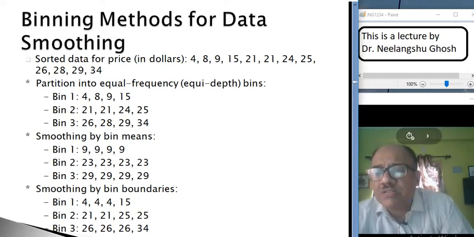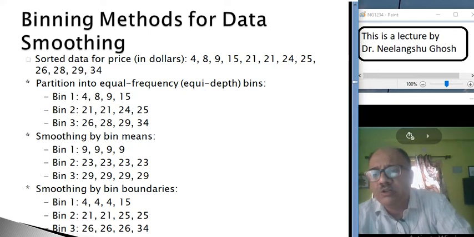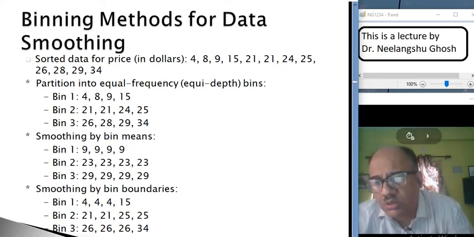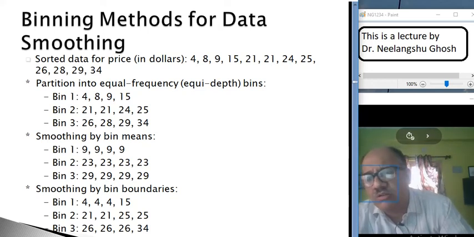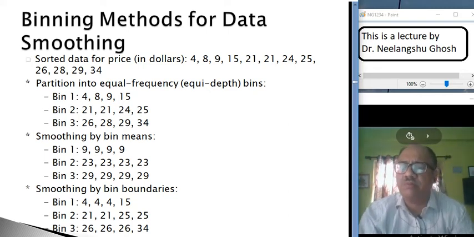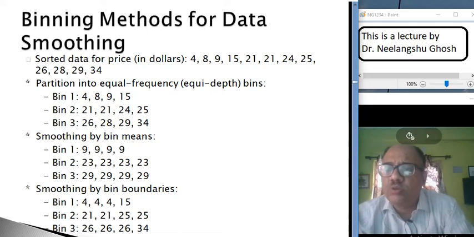For the first bin 4, 8, 9, 15, the mean is 9, and you are smoothing the bin values by using their mean. All the values will be transformed using the mean value, so in the first bin all the values will become 9. The mean of 4, 8, 9, and 15 is 9.